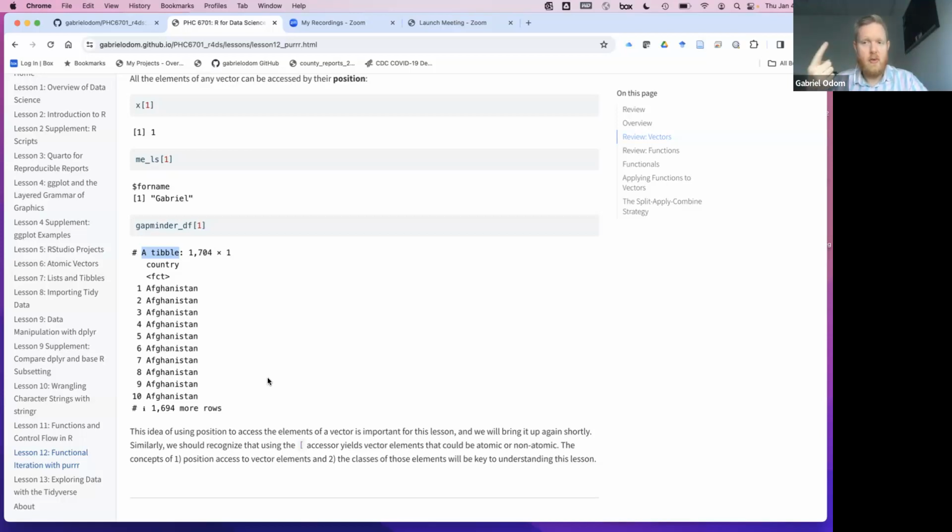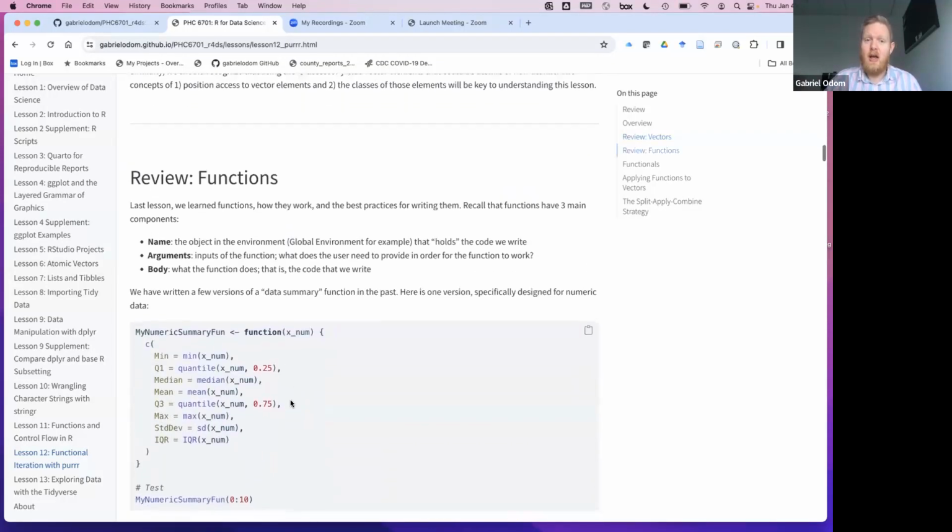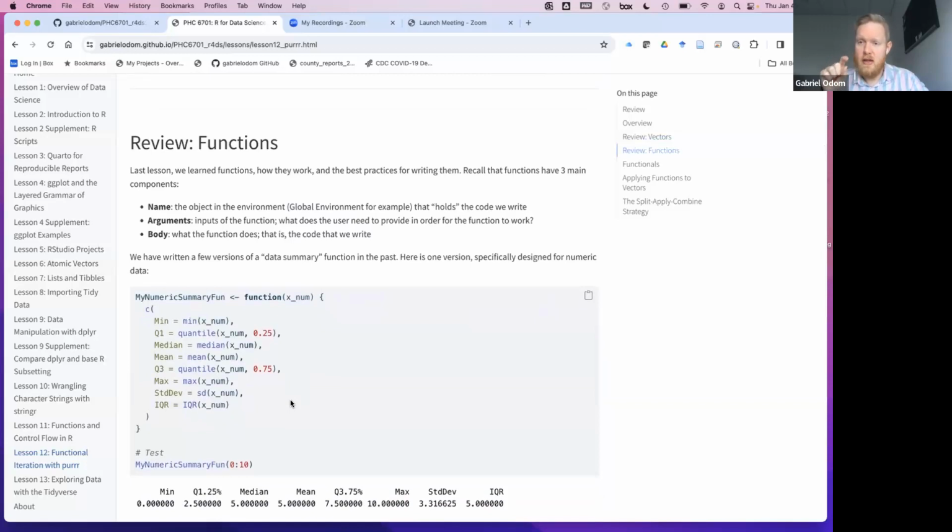So number one, what we need to remember from vectors is that they are an ordered collection of elements, and we can access their elements based on the position. The next thing we'll talk about is the functions, and that is, once we've accessed this component in whatever position, what do we do with it? So next,